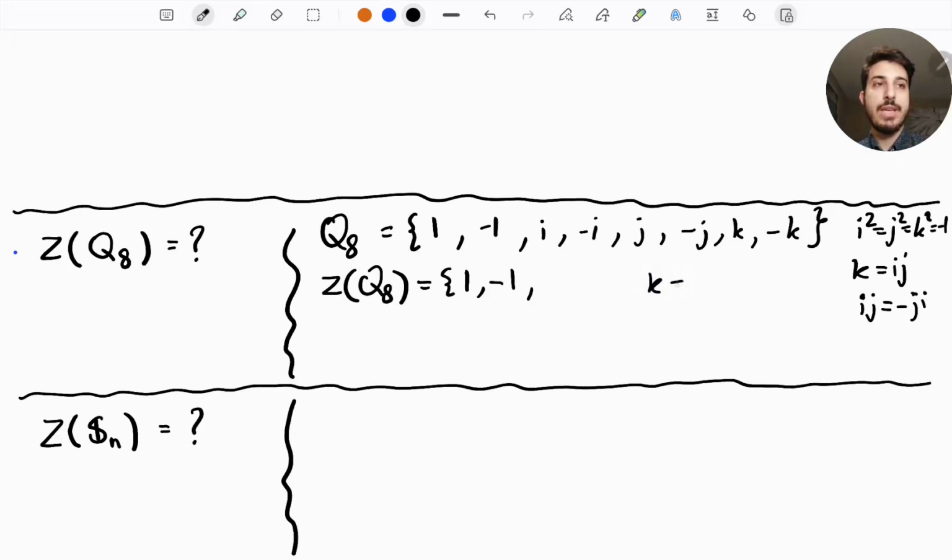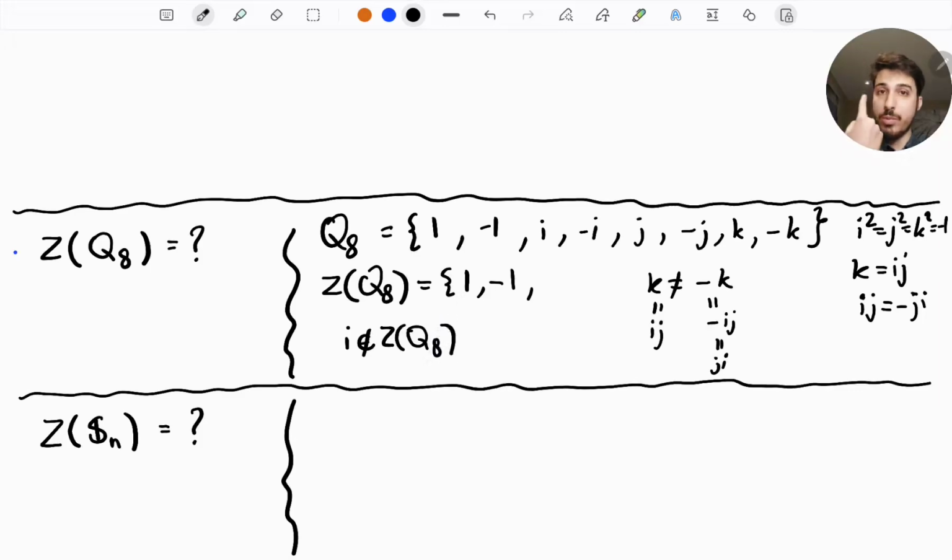We cannot say that k is equal to minus k. Then there would be no point in listing them like that. Then we would say they're not equal. But k is equal to i times j, and minus k is equal to minus i times j. And i times j is equal to minus j times i, and that is just equal to minus j times i. And we've said that k is not equal to minus k, so we can say that ij is not equal to ji. So i does not commute with j, therefore i does not belong in the center,